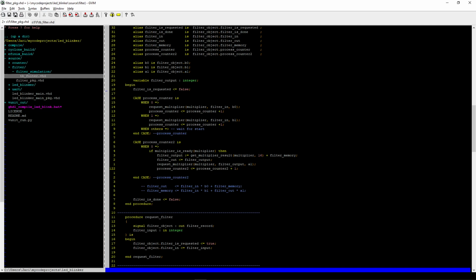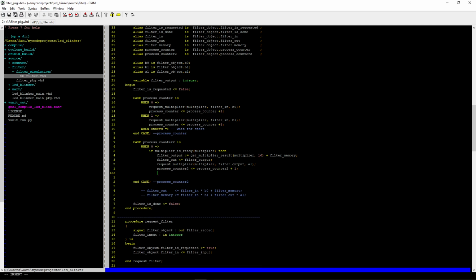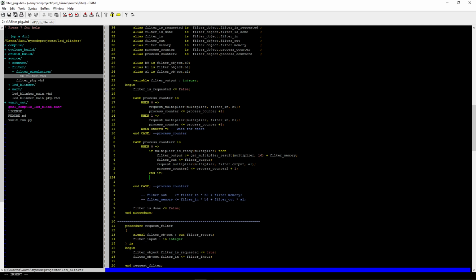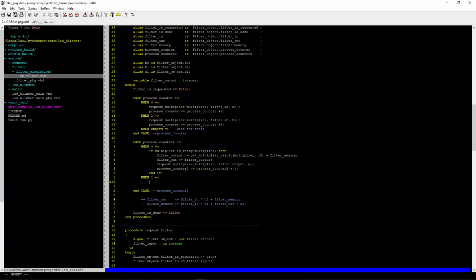So this can be used. Auxiliary variables are much easier to use in procedures because they can be used without fear of generating unintended registers. So next part here is that we have now actually calculated this one, and the next multiplication which will be ready